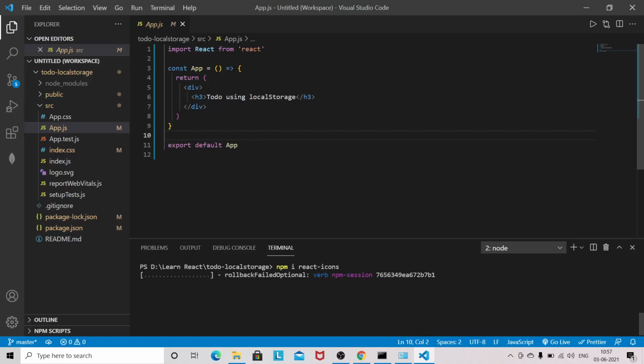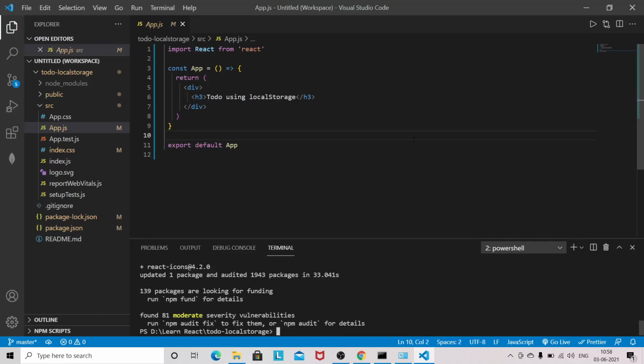And you can see that I have removed all the content inside the App function, so you have to do that too. Please remove all the content inside the App function. After removing this unnecessary content, we have to do the Bootstrap setup.